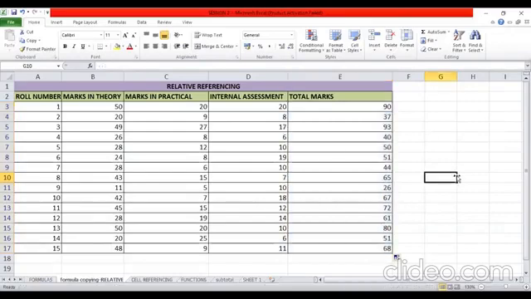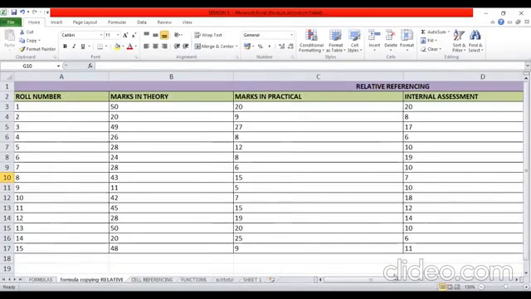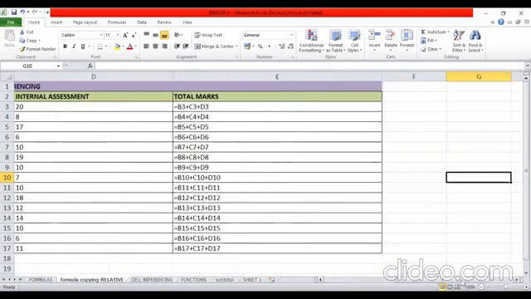You can see that automatically the entire calculations have been done. Now, interestingly, you are not seeing 90 in all the cells. You are actually seeing the total of marks for each student. So Excel understands that if I'm copying the formula, I am trying to use different cells for copying. I'm not copying the same cell values everywhere. Excel automatically adjusts the formula when I copy it down the column or across the row. Let me just show you how Excel has changed my formula without my having to do anything.